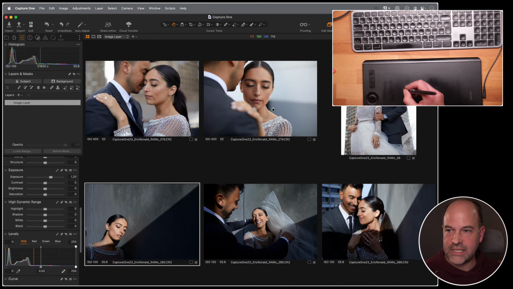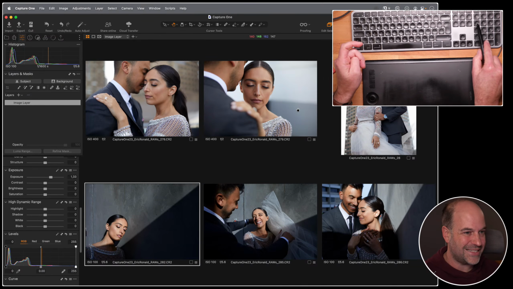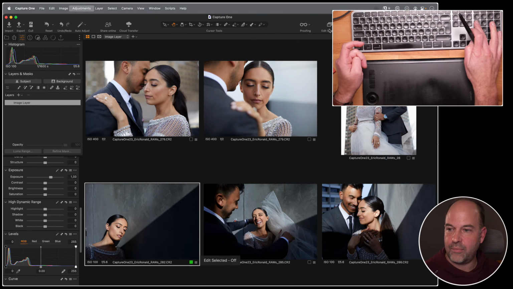What it does relate to is things like if I had a color tag using a shortcut key. So if I press 7 on my keyboard, they're all going to get green tagged. If I press 9, they're all going to get red tagged, like so. 6, it's going to clear the tag. But if for some reason I just want to tag this one, I can turn this off and press 7 on my keyboard, like so.